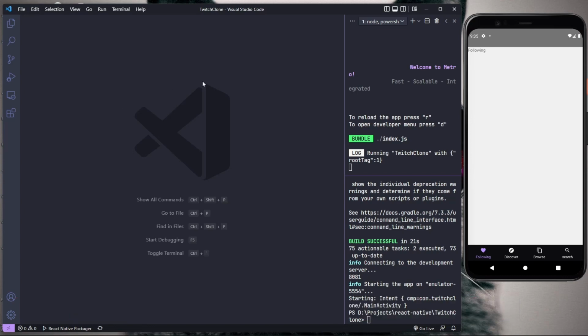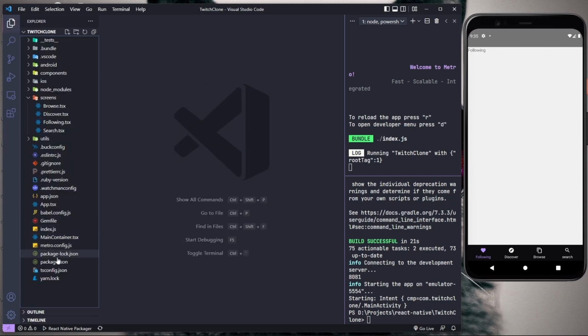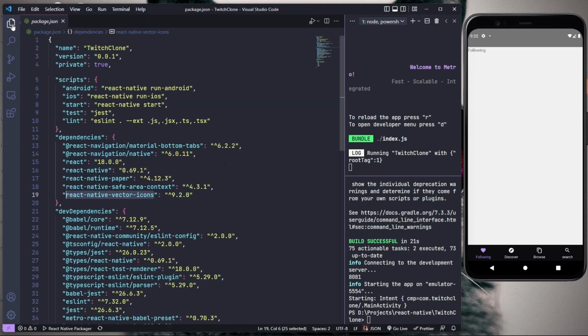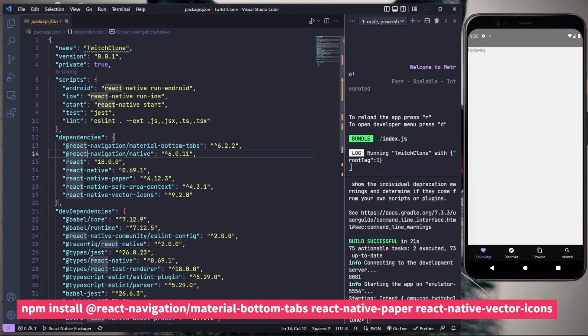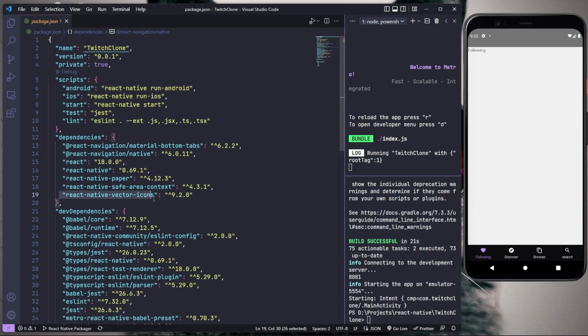Once you have done that, there are a few dependencies that we need to add. The dependencies that I have added are these: React Navigation, Material bottom tabs, and React Native vector icons. All this code and all these files are there in my GitHub. I will be providing the link in the description. You can go and check that out. But these are the commands that you need to write to install